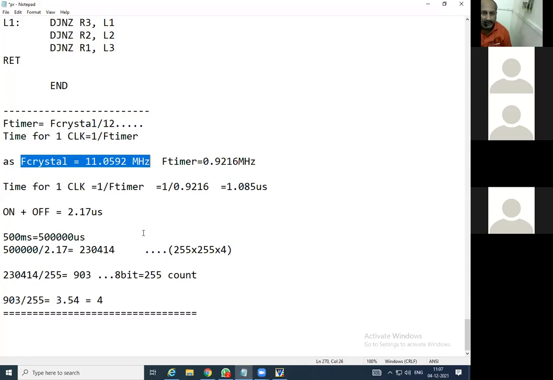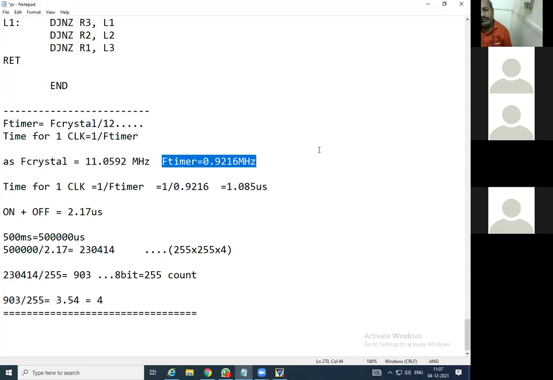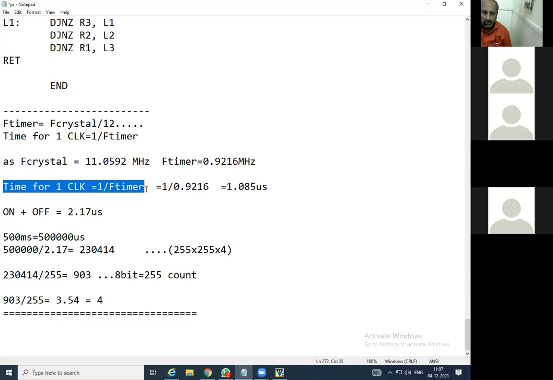So once you get the value of F crystal, from that you can calculate the F timer, that is divided by 12. So it comes 0.9216 megahertz. After that, time for one clock is equal to 1 divided by F timer, as we know that frequency is equal to 1 divided by time, F is equal to 1 by t.